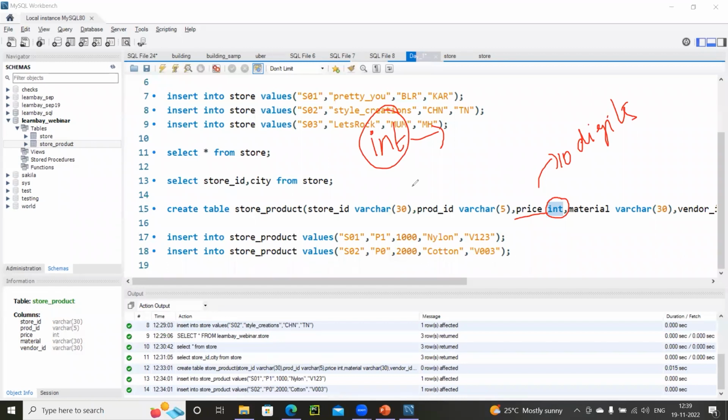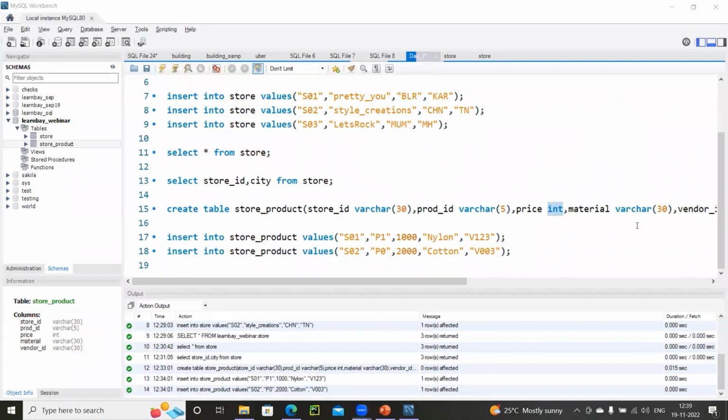If I touch the values inside the table, or the data inside the table, then that comes under update. Am I clear? So when you make any change on the schema or on the structure of the table, you should be using a command called alter. When you change the values inside the table or the records inside the table, that comes under the update command. Hope that is clear.